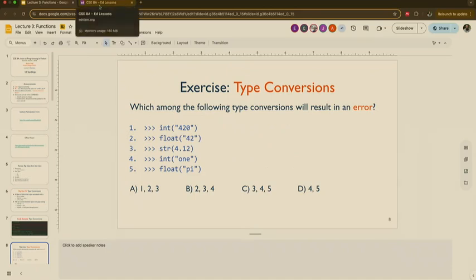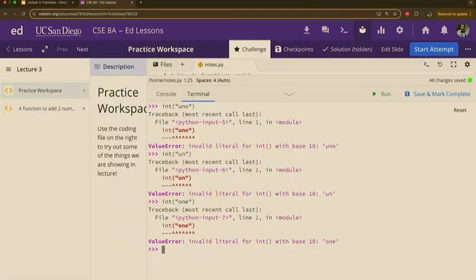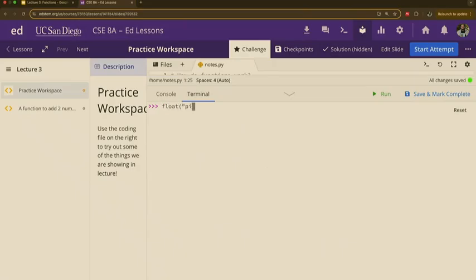And then lastly, float of pi. Let's try that out. Float of pi. Pi is a number, isn't it? Pi is 3.1415926, and then I stop because I don't know anything after that. Does anyone know pi? I don't know pi. I know some people that knew like 200 integers of pi. It's wild. I could never do that. But anyways, let's try this out.